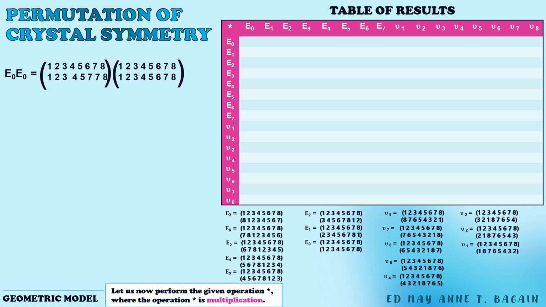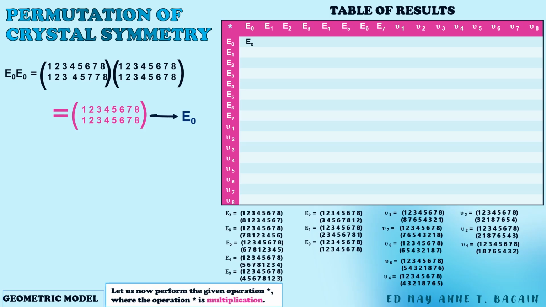That is why epsilon sub 0 is still epsilon sub 0, because if you multiply do nothing to do nothing, it will still be the same. That is why I will no longer show the multiplication in epsilon sub 0, because anything you multiply by that element will still be the same. If we know that epsilon sub 0 star epsilon sub 1 will still be epsilon sub 1, meaning anything that you multiply with epsilon sub 0, which is the identity element in this table, will still result to